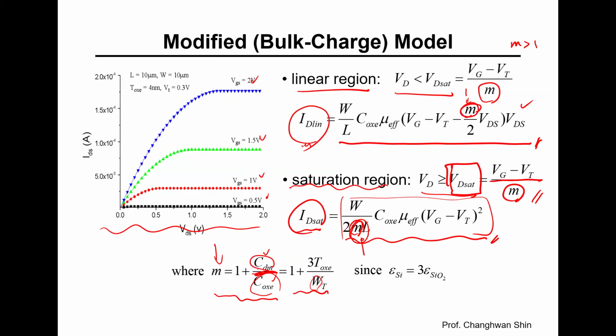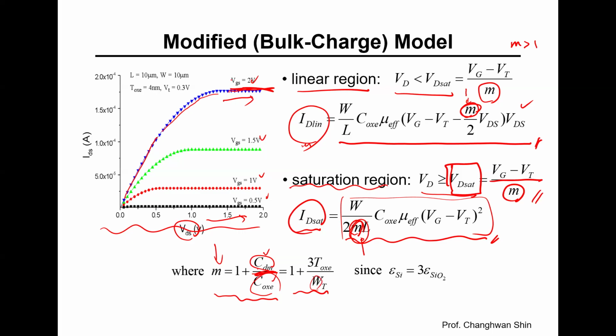Each curve rises linearly at first, then gradually flattens as VDS increases, ultimately reaching saturation. The higher the gate voltage, the higher the saturation current, as we had expected from our bulk